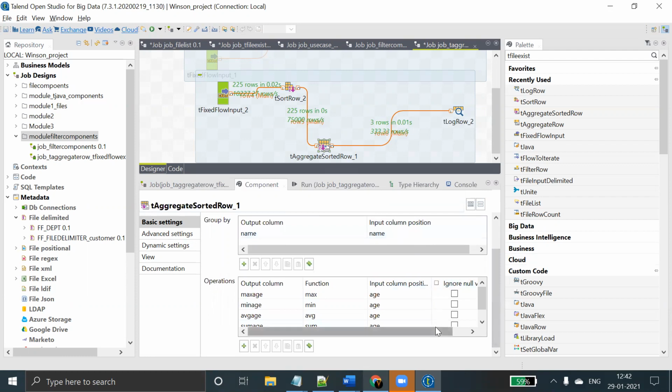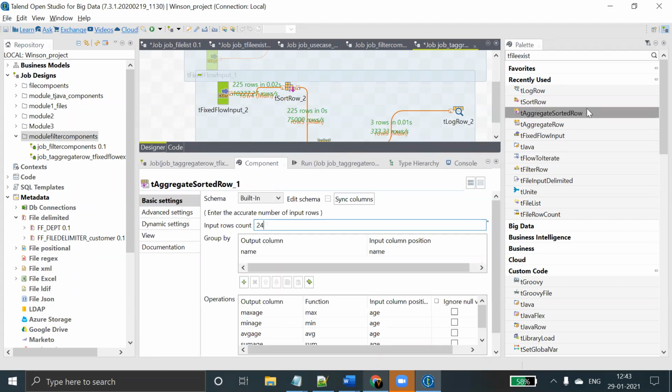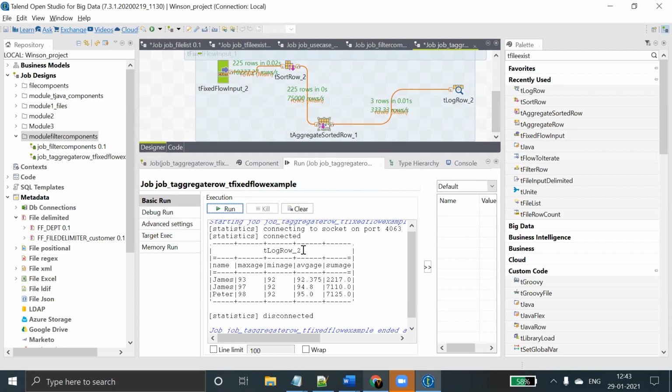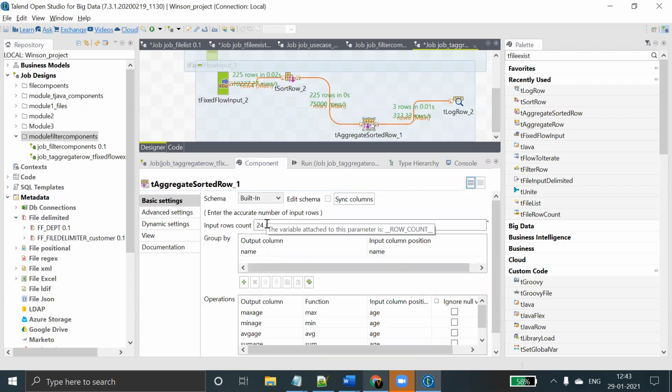Group by name. How many records are there in the source?